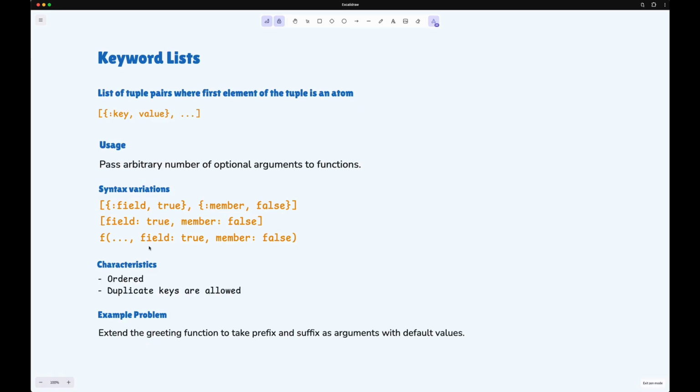Since they are so commonly used to pass optional arguments to a function, Elixir also provides another syntax that makes it even simpler for keyword lists to be consumed. So let's say we have a function that takes some number of arguments, and if the last argument is a keyword list, you can remove the square brackets as well. So this entire field colon true, comma member colon false, this will be taken by Elixir as a keyword list. So a few characteristics: these are ordered because they are lists, and duplicate keys are